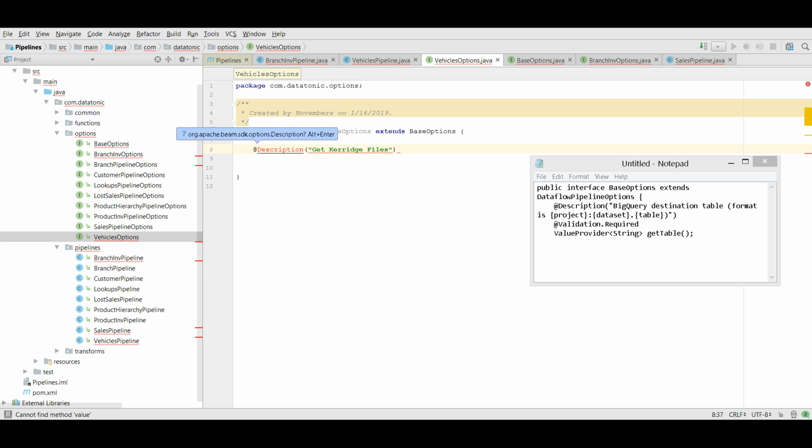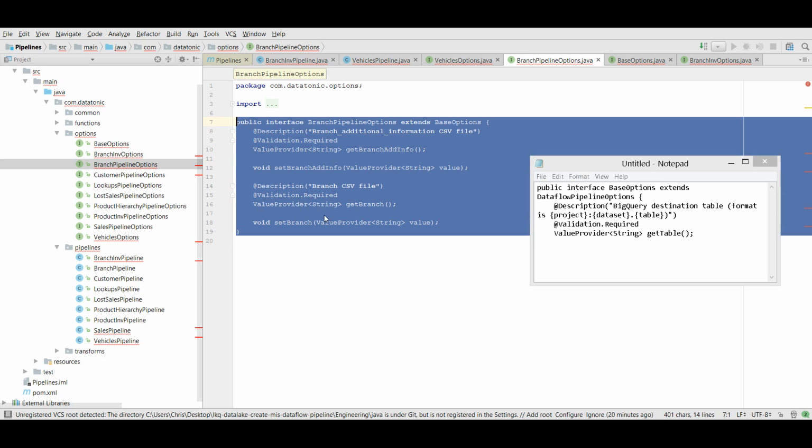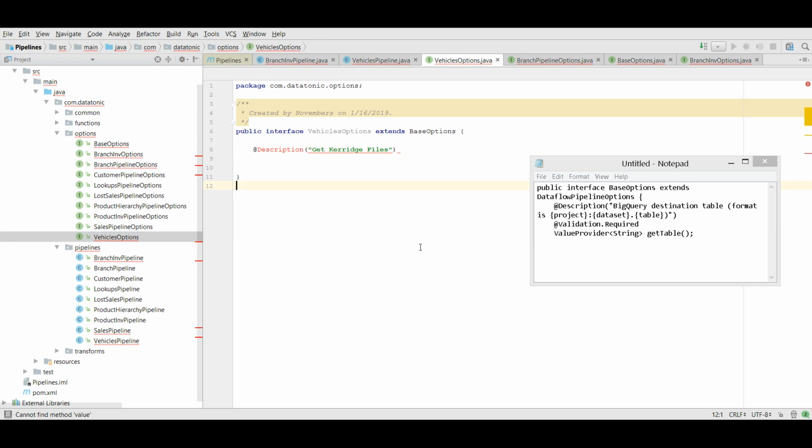If you look at branch options, branch pipeline options, you can see that has two files and how we're referring to them, how we define them, and so we can do the same thing for this pipeline because there'll be two files. So you could just copy and paste those, and we'll just change the